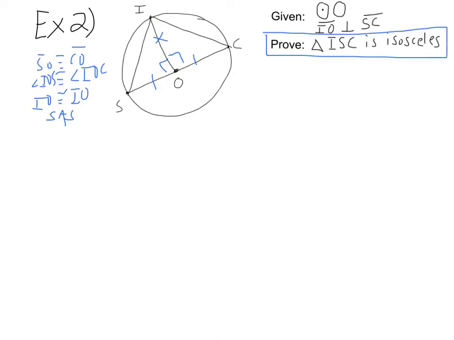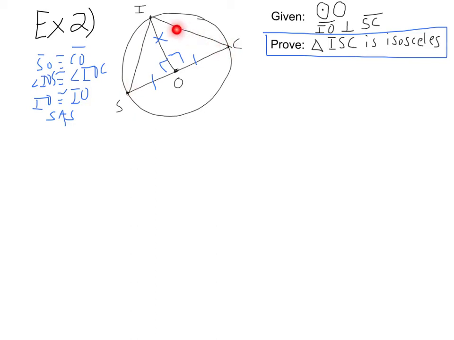Last but not least, we've got to prove this big triangle is isosceles. What the heck does that mean? Well, we know an isosceles triangle has two sides that are congruent. So this is going to be two steps. The first thing we're going to say, once we prove the triangles are congruent,